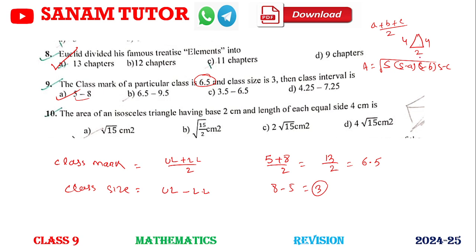So A equal to 2, 4, 6, 4, 10. 10 by 2, that is 5. Now write 5 into 5 minus 2, that is 3, into 5 minus 4, that is 1. 5 minus 4, that is 1. Under root, that is root 15. Option number A is the correct answer. Understand? Now next,